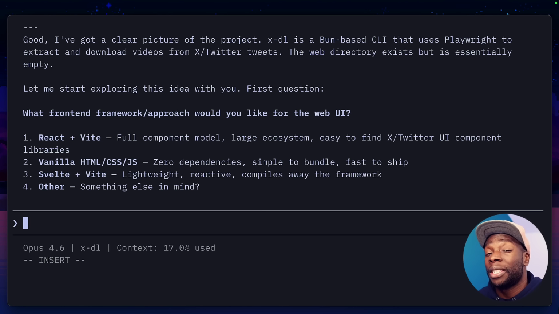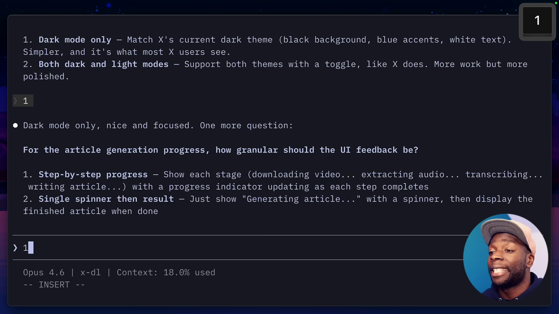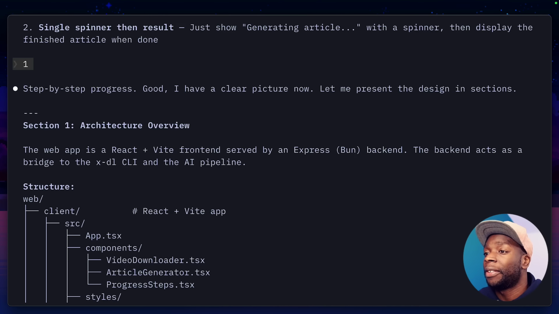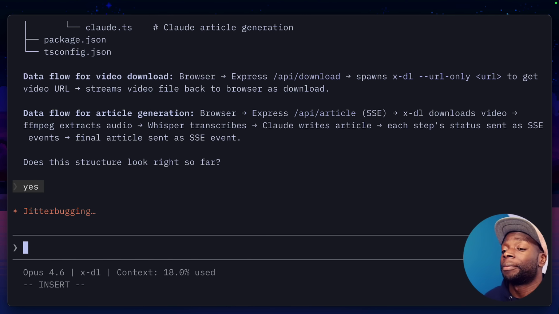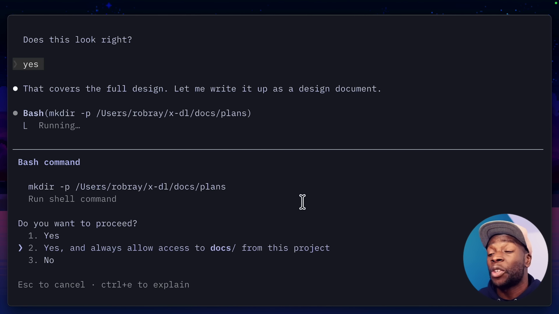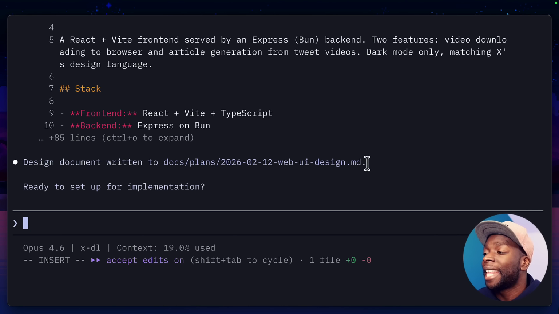And here it's going to ask me some questions to further improve the plan. So I'm going to say React plus Vite, and then I'll say step by step for the article generation. And now it's asked me to confirm the structure of the architecture, which I think looks good. It also asks about the layout, and then asks about the endpoint and server logic. So after I've answered all the questions, it then goes ahead to create a plan, which it's now put inside